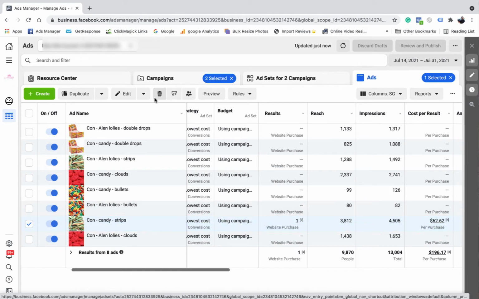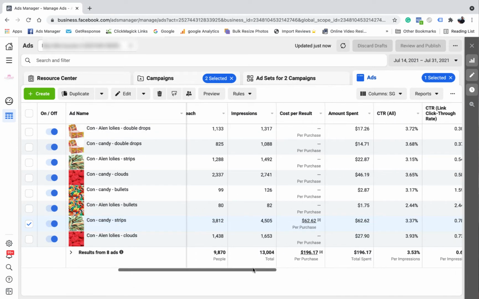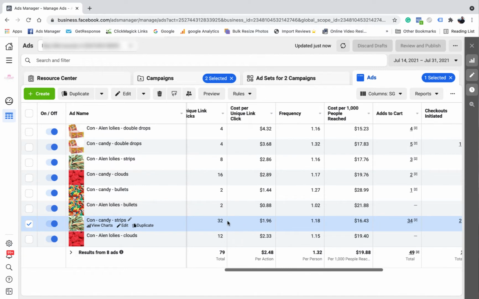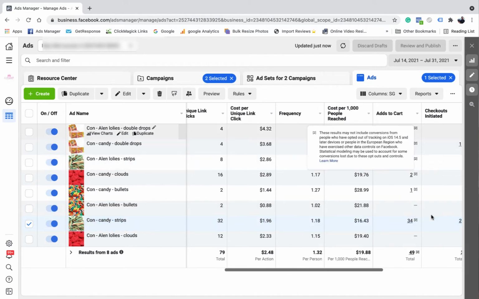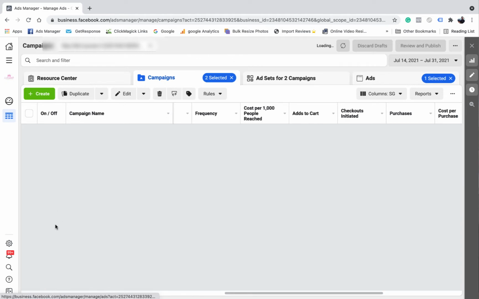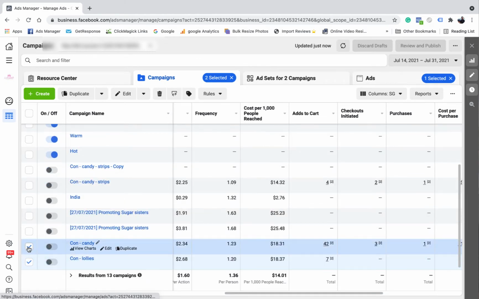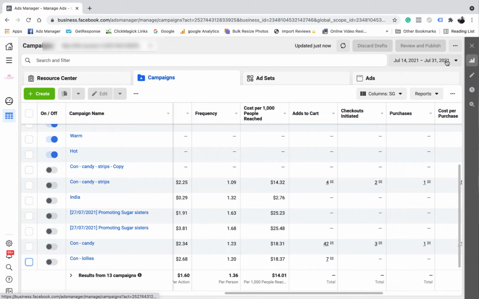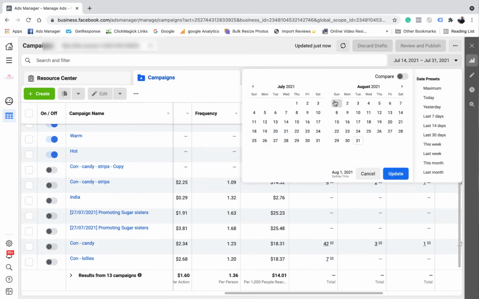After I found that most people were clicking on the strips the most, they're the most add to carts, the most initiate checkouts, stuff like that, then I created a new ad set, and I'll show you the results from that. So if we change the date range to go 2 weeks after that,